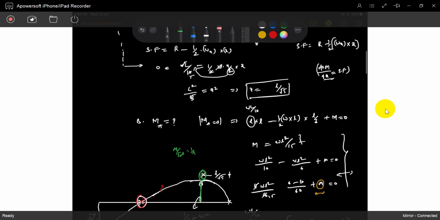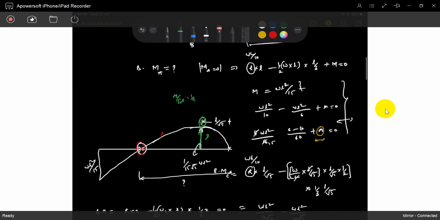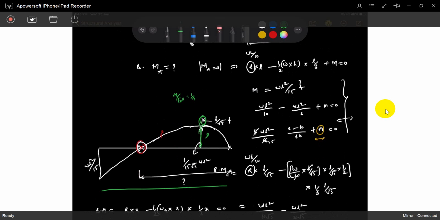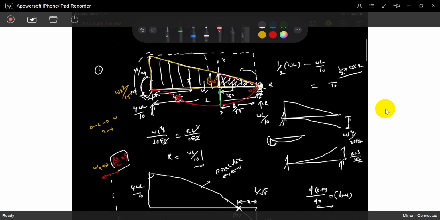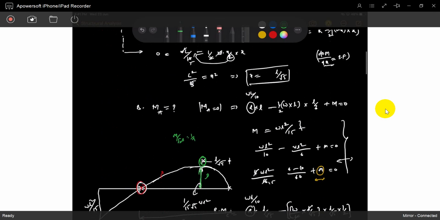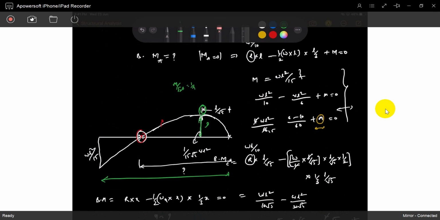If I want to find out the deflection at this point, I want to find out the deflection at this point. So can you calculate? Easily calculated because we have already drawn a bending moment diagram. And I will take the reference point as the fixed joint. If you take the fixed joint as the reference point, it will go like this. We can directly calculate this value.